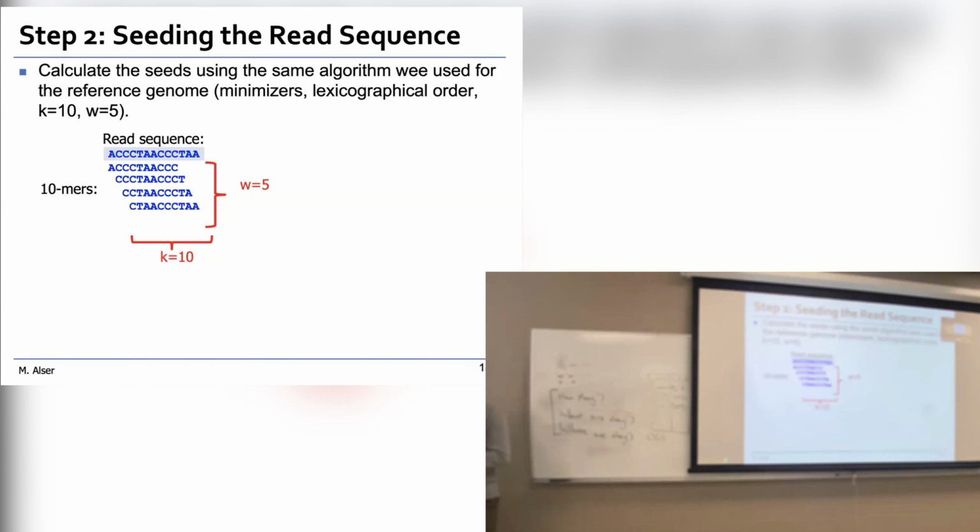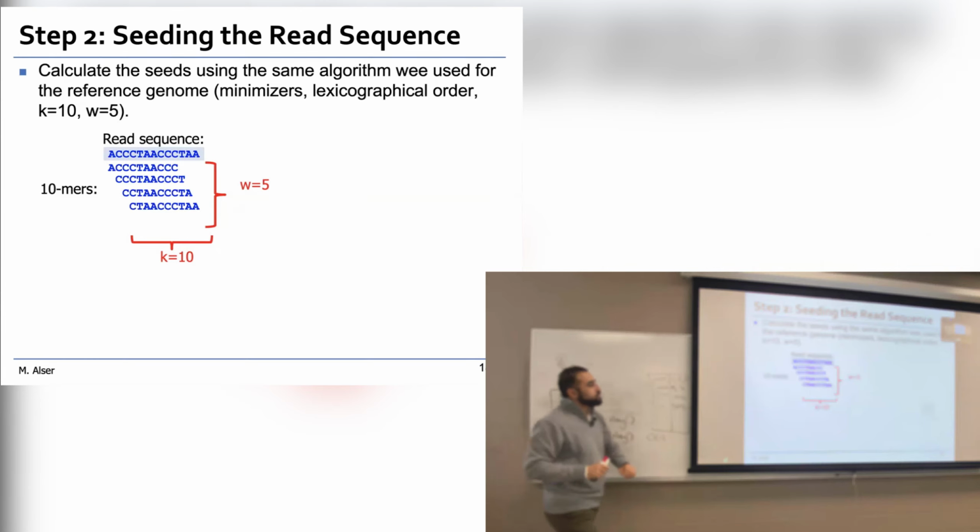Now let's move on. Step 2, called seeding. Let's differentiate between indexing and seeding. In seeding, the first thing, we should bring in the read sequence, not the reference genome. The second thing, we should apply the exact same algorithm that we used in indexing. Whatever you use in indexing, you should use exactly as it is. Don't choose a different algorithm. It won't work, okay? If you use overlapping seeding in indexing, you should use overlapping seeding in seeding. If you use minimizer, you should use minimizer in seeding,